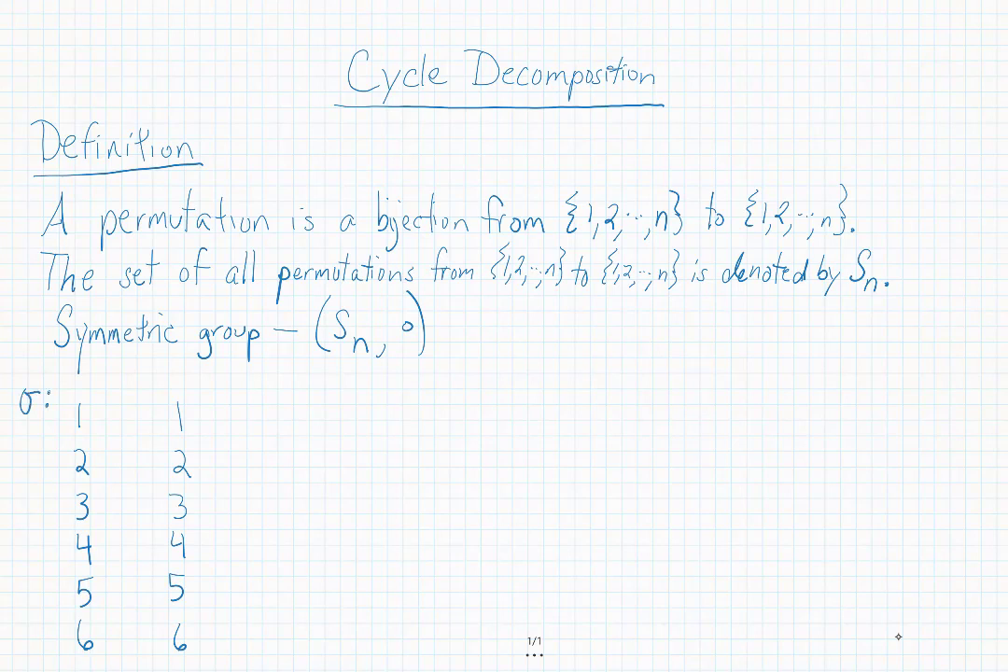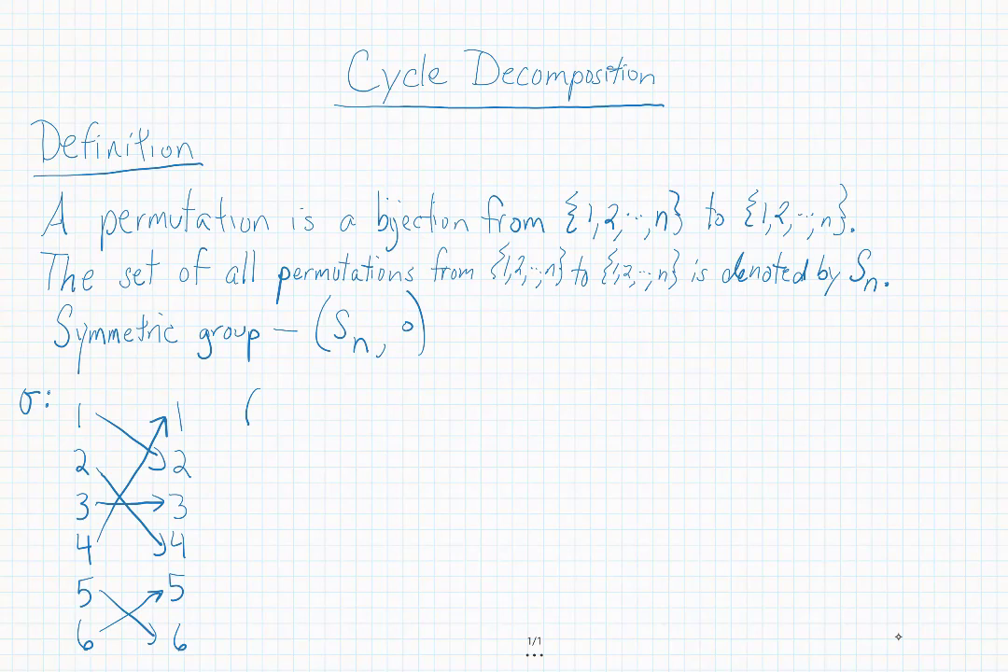In this function sigma, we'll send 1 to 2, 2 goes to 4, 4 goes to 1. Remember, it has to be a bijection, so everything goes to one element: 1 to 1 and onto is what we're looking for. And we'll send 5 to 6 and 6 to 5. We have a shorthand notation for this, and rather than draw out all these arrows, what we actually can